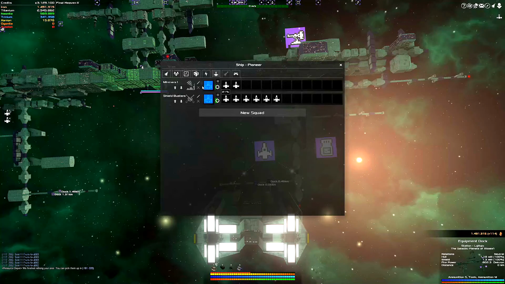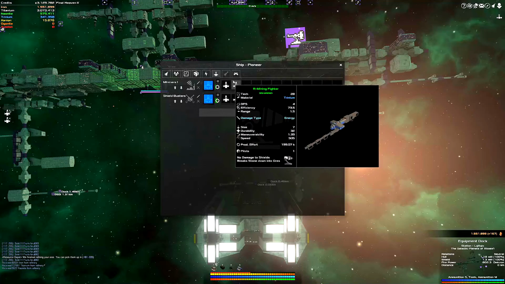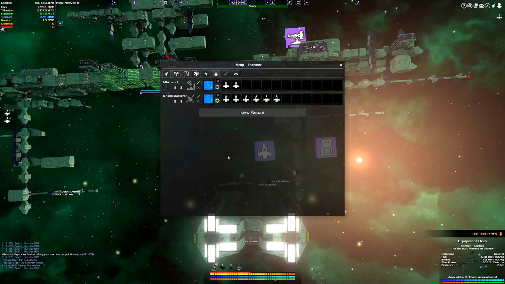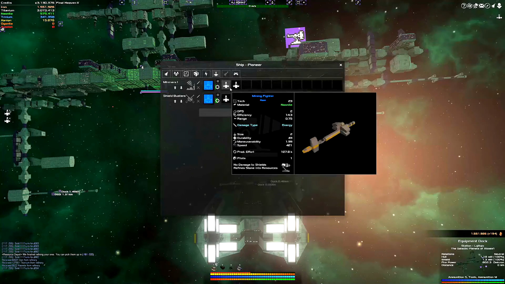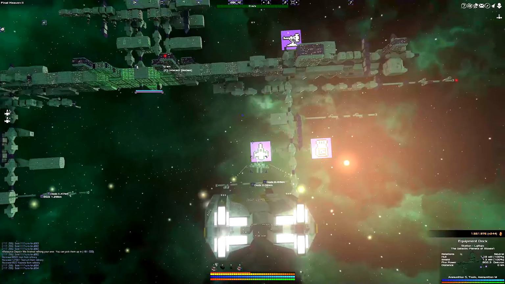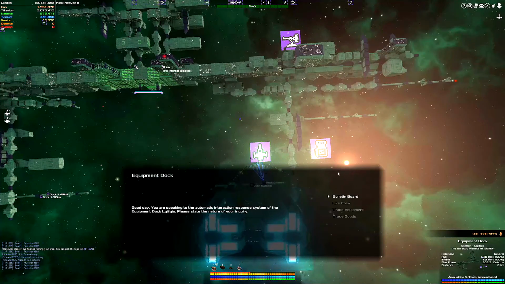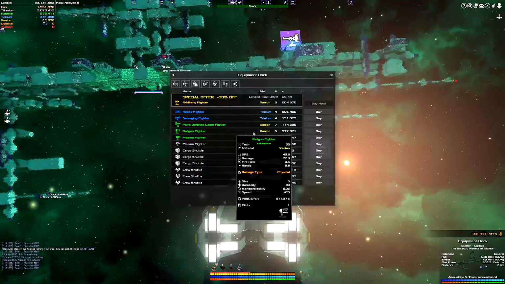I don't know if removing that removes the squad, or whether I just move it to a squad and don't use it. I don't know what to do. What do you guys think? What should I do with a fighter I don't want anymore? I can't seem to sell it. Certainly I can't sell it to an equipment dock anyway. Maybe I need to sell it to a fighter factory or something like that. Let me know. But anyway,